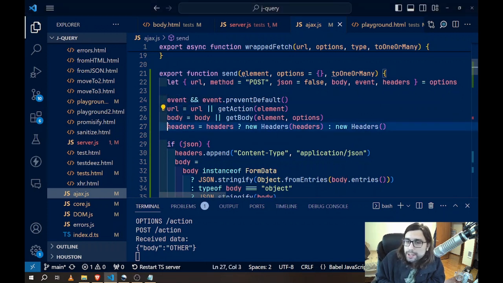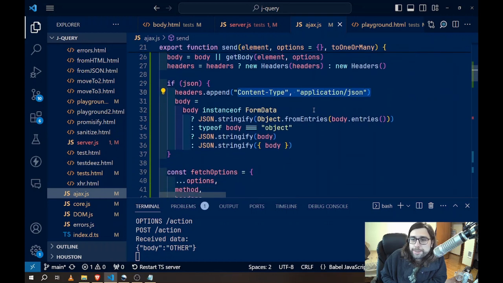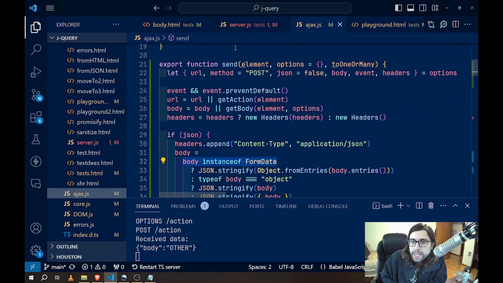And the headers are going to be whatever you pass in. And if you pass in JSON as true, then we're also going to automatically append that as the content type, just to take care of that automatically. And then we move into processing the body. So if JSON is true, then we're going to check to see if that body that we got from either the getBody function or whatever you pass in,